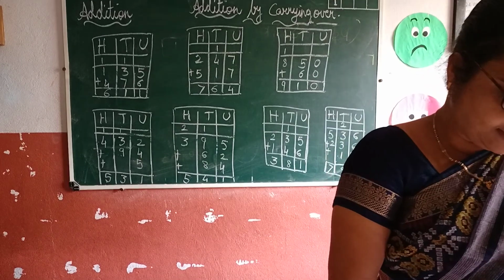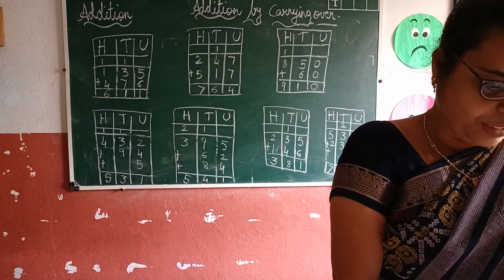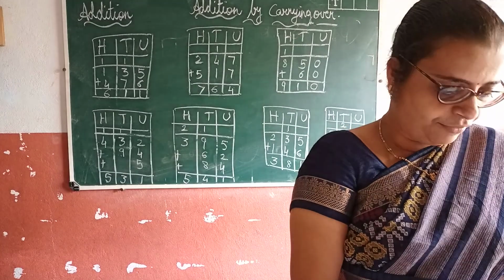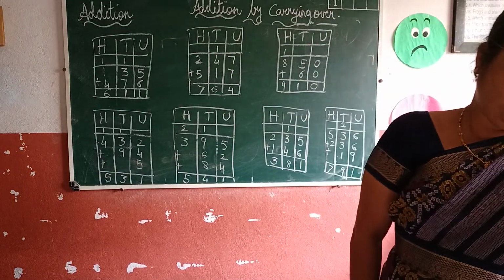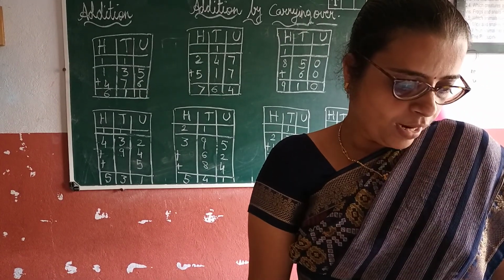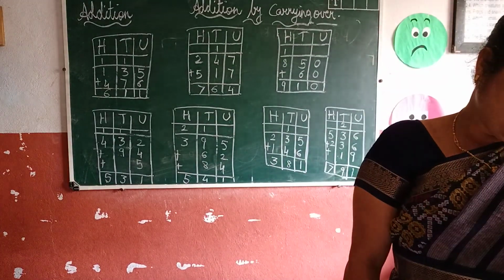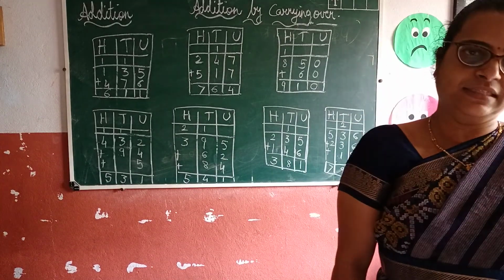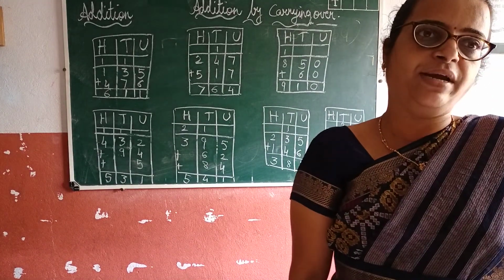Find the hundreds, tens and units in each of the following numbers and fill in the boxes. They are given hundreds, tens, units in figures and in words. See the picture. They are given 100. In that box there are altogether 100, and here is given the units, how many? 1, 2, 3, 4, 5, 6, 7. So it will be 107. In figures you have to write 107, and you have to write the spelling of 107 that way. In this picture also it is given 103. Same way in figures you have to write 103, and write the spelling of 103.